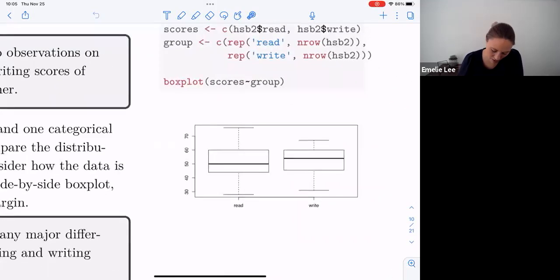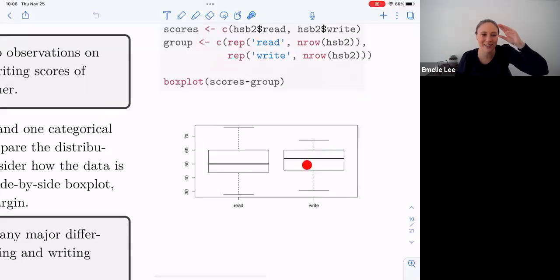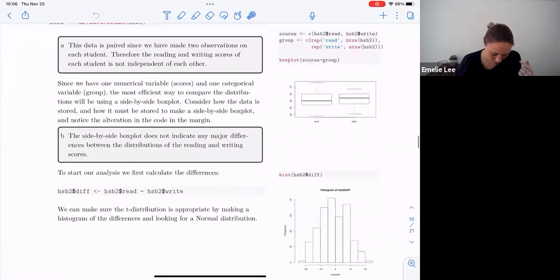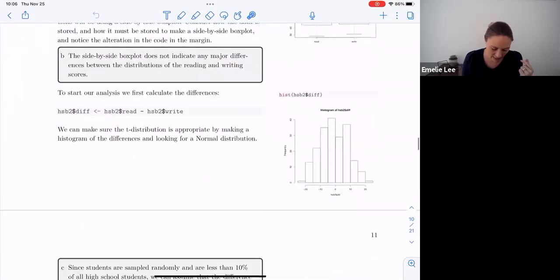And so we can look at the box plot, and remember, a box plot that's relatively even around the mean follows a normal distribution, right? And so here, although there's a little bit more squish here on top than there is on the bottom, I would argue that it's approximately normal. Both of the scores are approximately normal, for example. Okay. And so we can calculate the differences. I did read minus write, and I can store them as the differences. Then I can look at the histogram of the differences, and it definitely looks like,